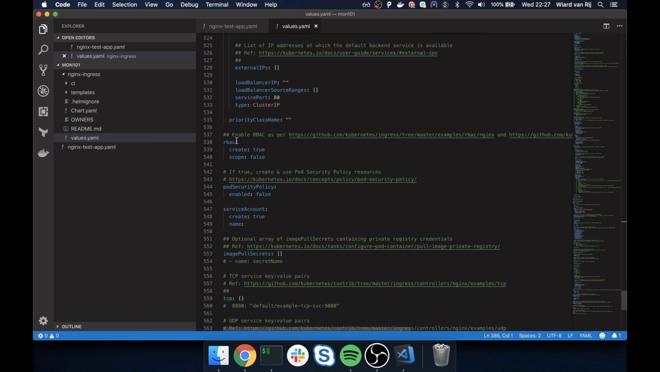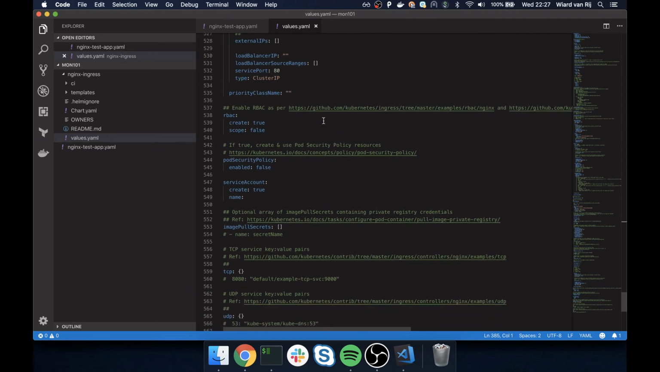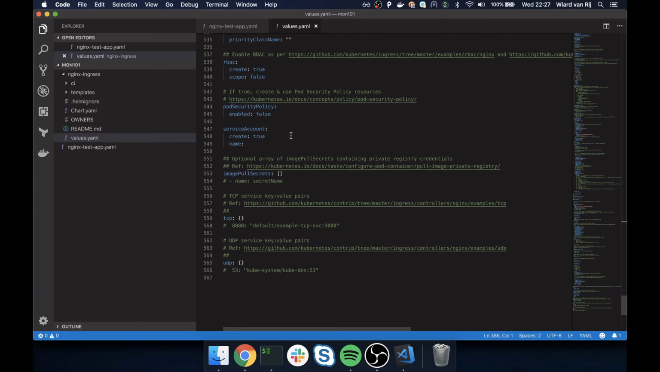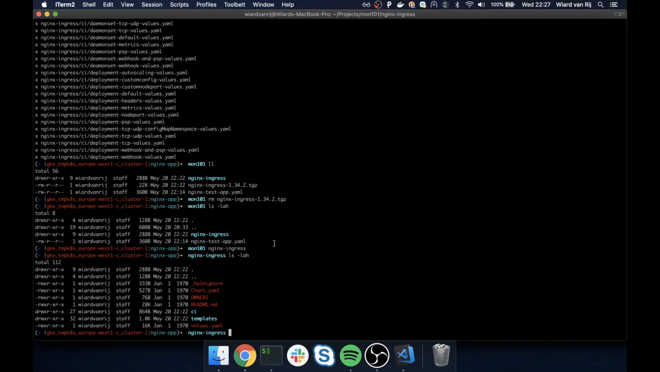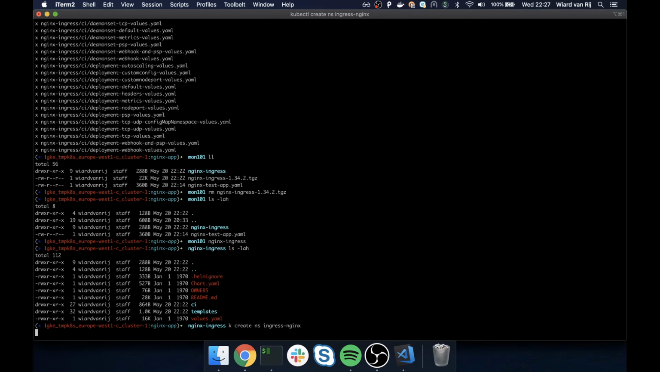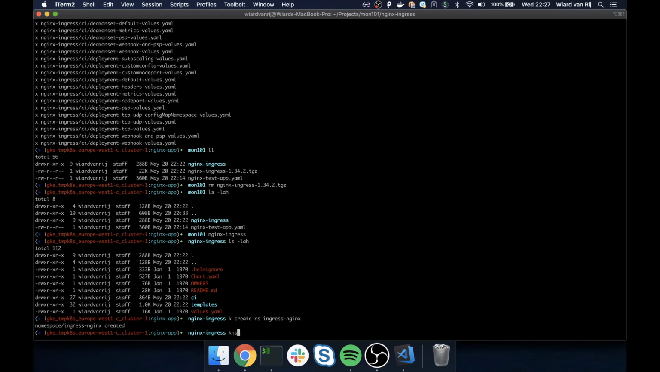Role-based access, just leave that as it is. If you want more information about this, if you are unaware of what things are, please just look it up before you apply such a file. And this is fine, so I can just apply this configuration. But first I'm going to create a namespace for this. I'm calling it ingress-nginx, and I'm going to switch